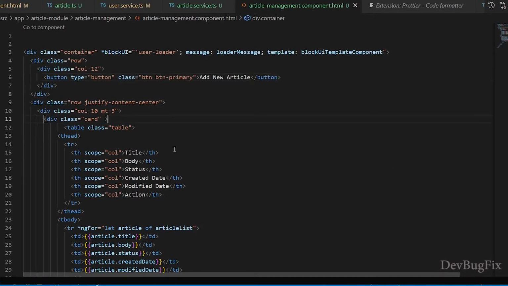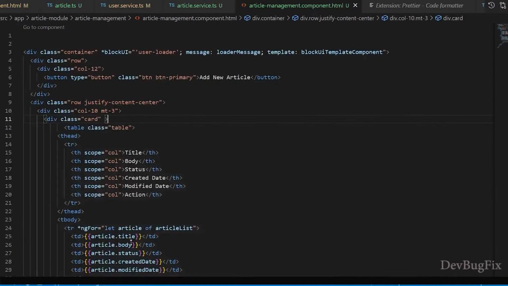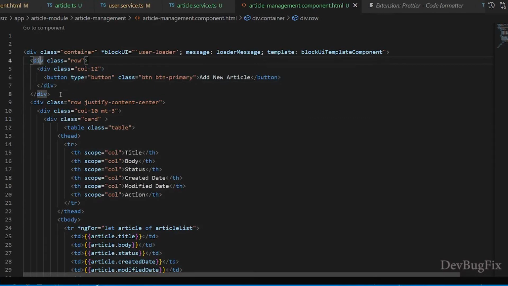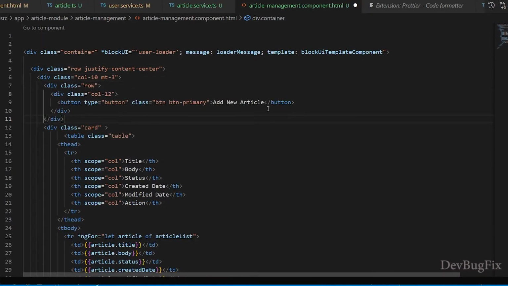Save the changes. This button is not in the page layout. I will move this button into the page layout. Copy this row and paste here. Save the changes and go to the browser.